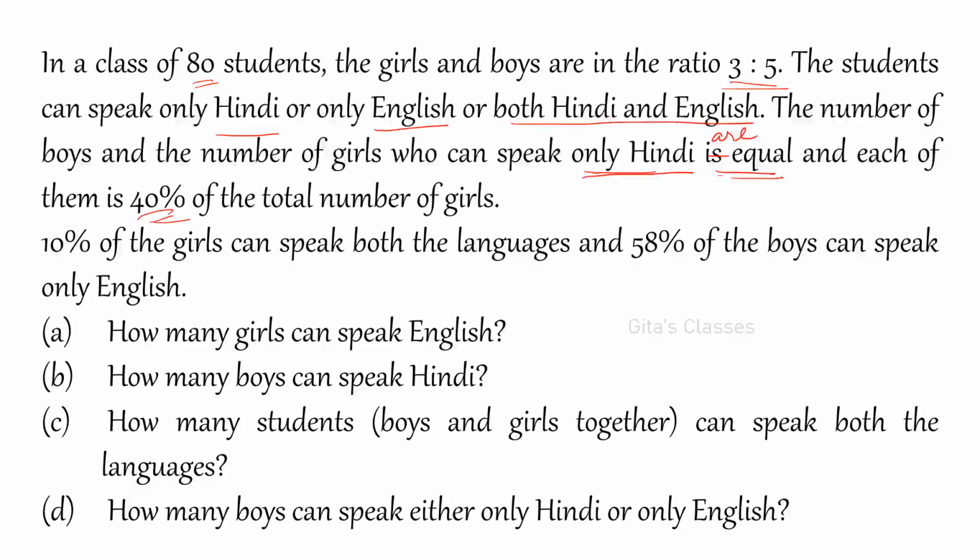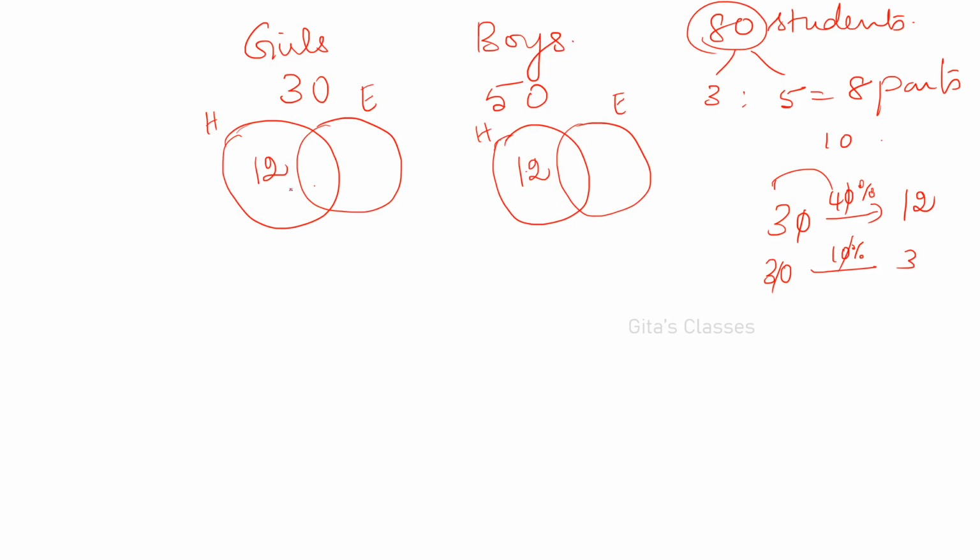10% of girls can speak both the languages. Both the languages means H intersection E, this part, that is 3. Okay. Next is